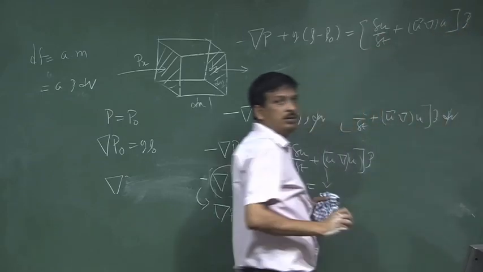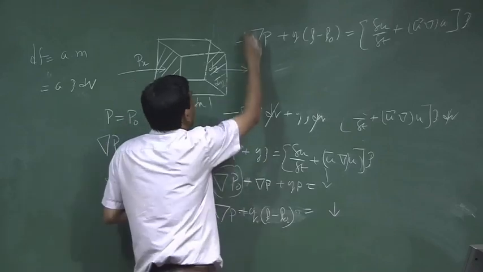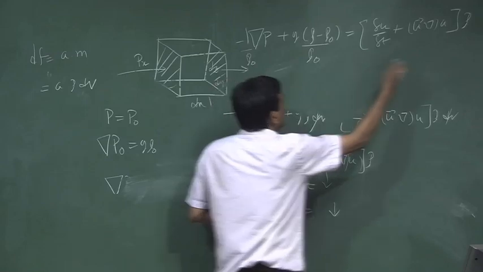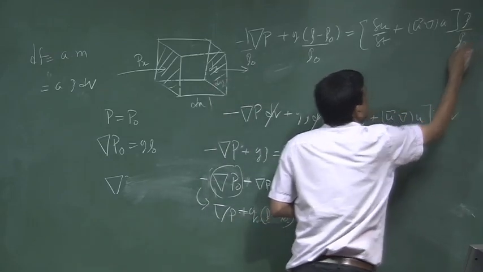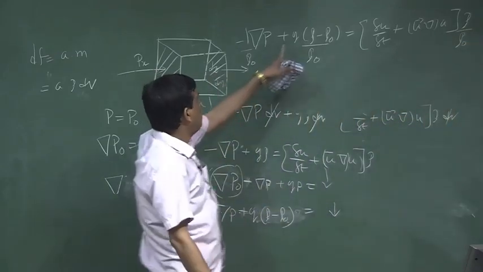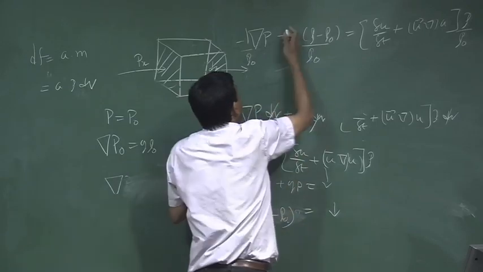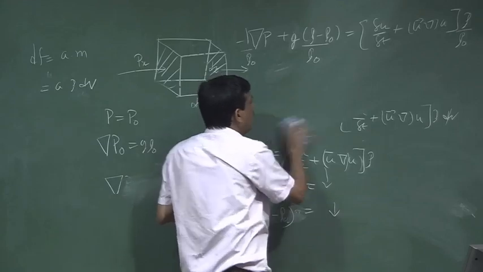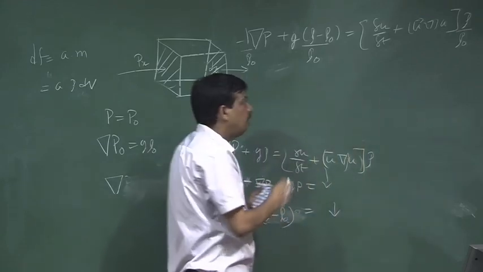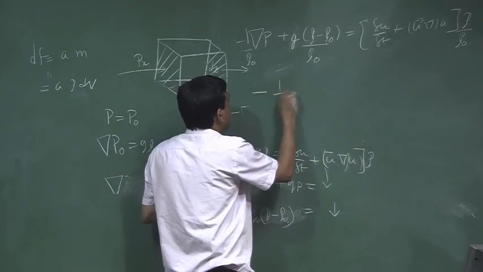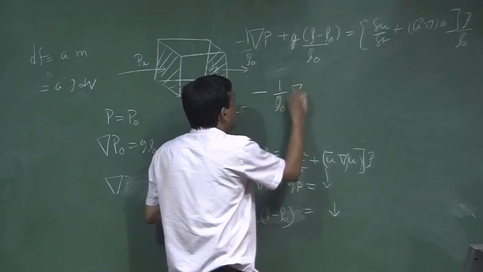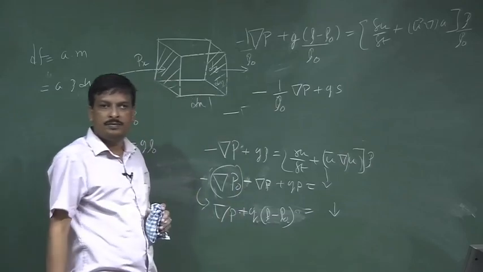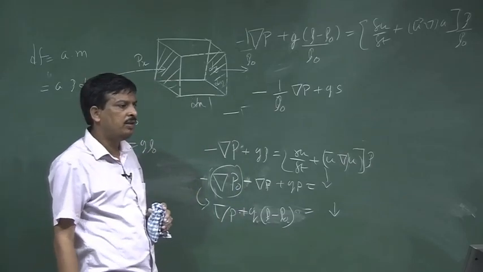Is that okay? Now, I divided by 1 by rho 0 both sides. See that g into rho minus rho 0 by rho 0 is what? Condensation. So, it is nothing but minus 1 by rho 0 into acoustic pressure plus g into s, condensation, g into s is equal to